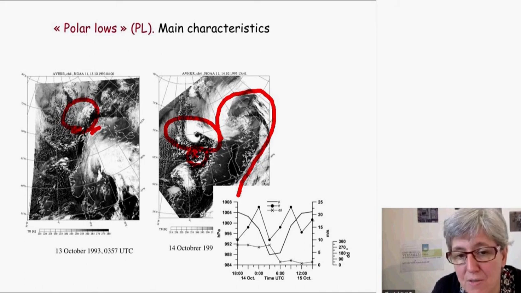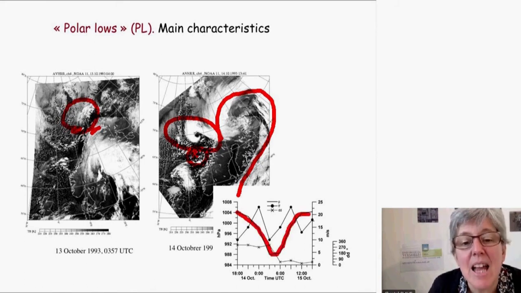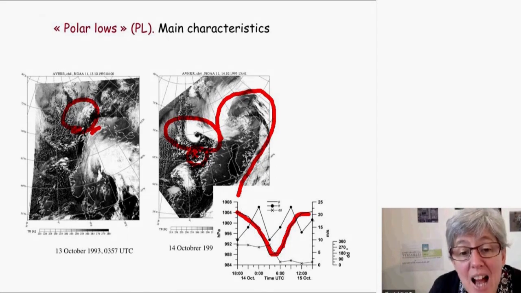This is typical of a storm, and then increases again. And the wind speed increases first. This is the first cloud structure which moves over the ship,